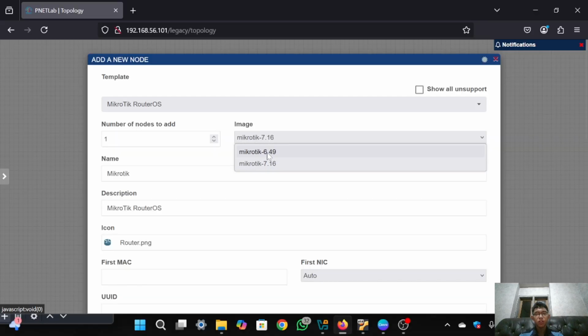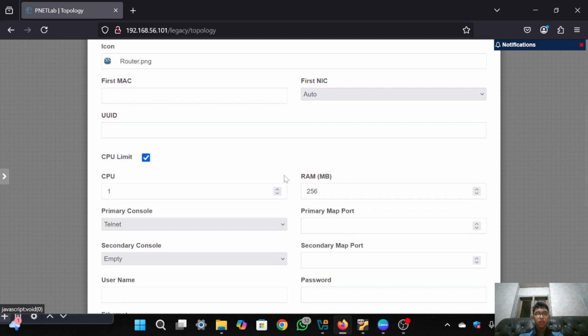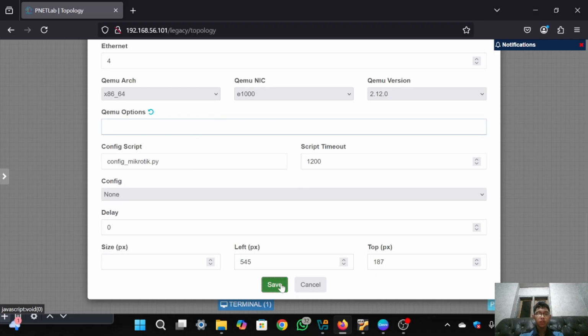I will choose the version 6.49. Then the cameo option, fill it with blank, just delete it, then click Save.